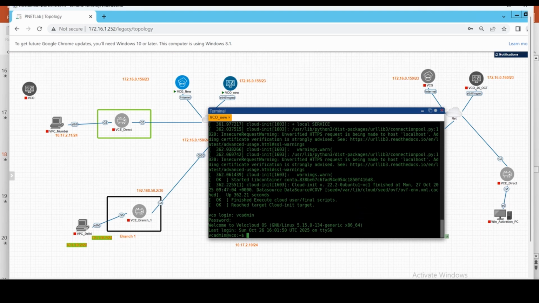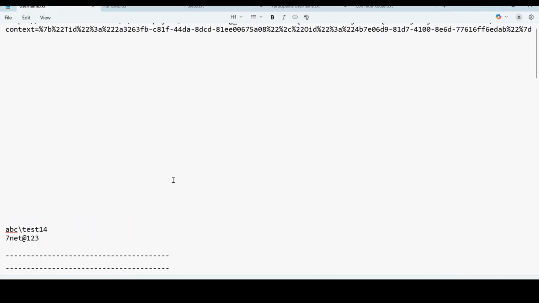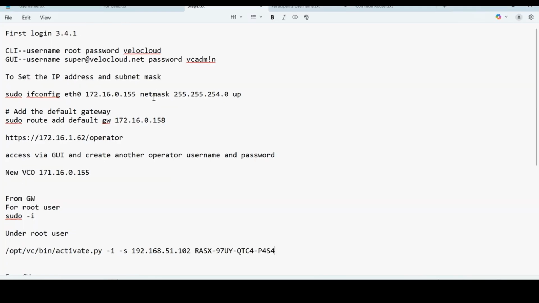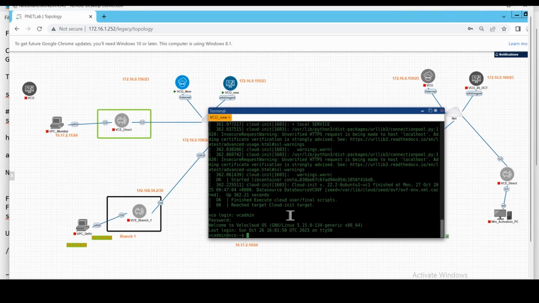This is the VCO. Let me put the IP, actually, after reboot.